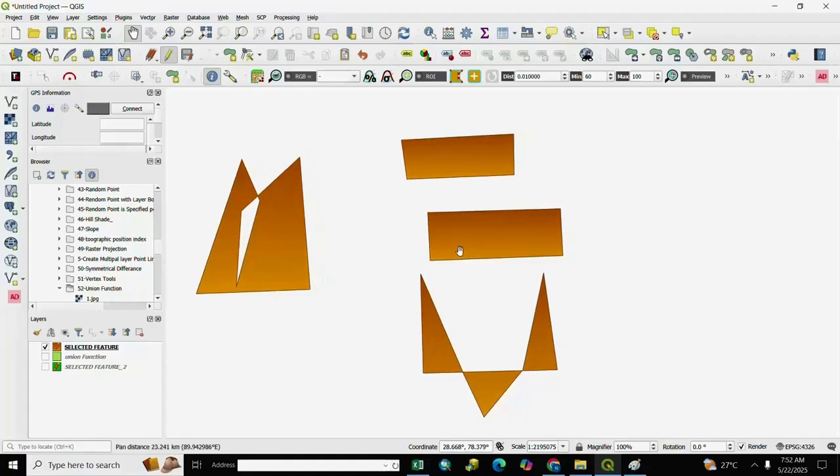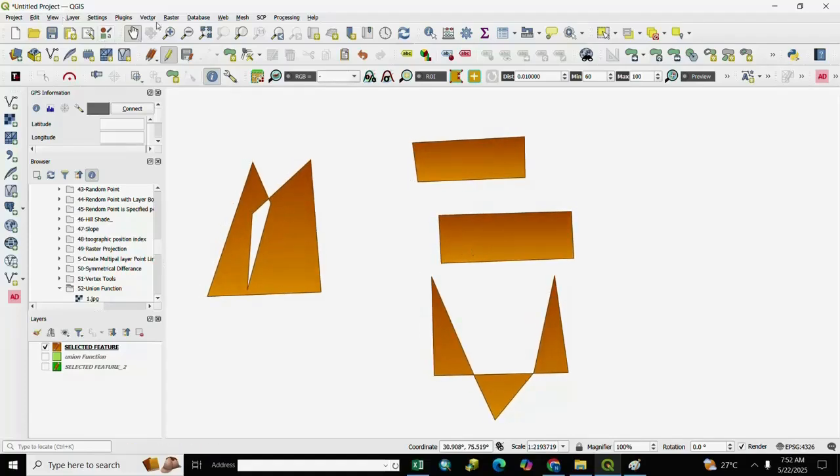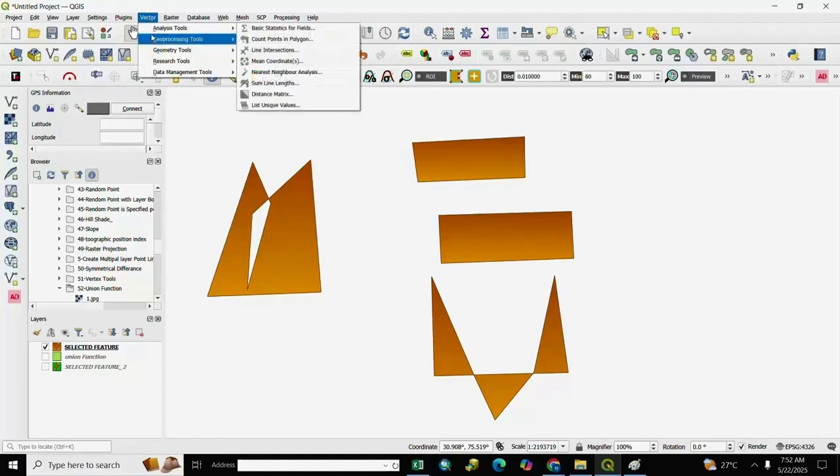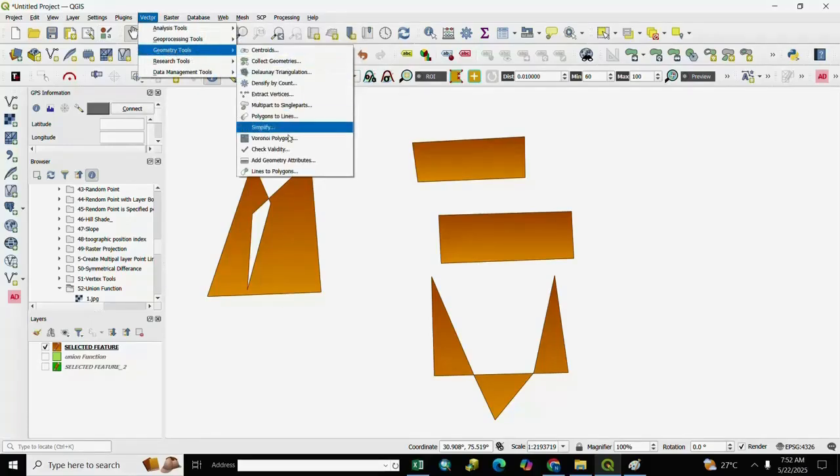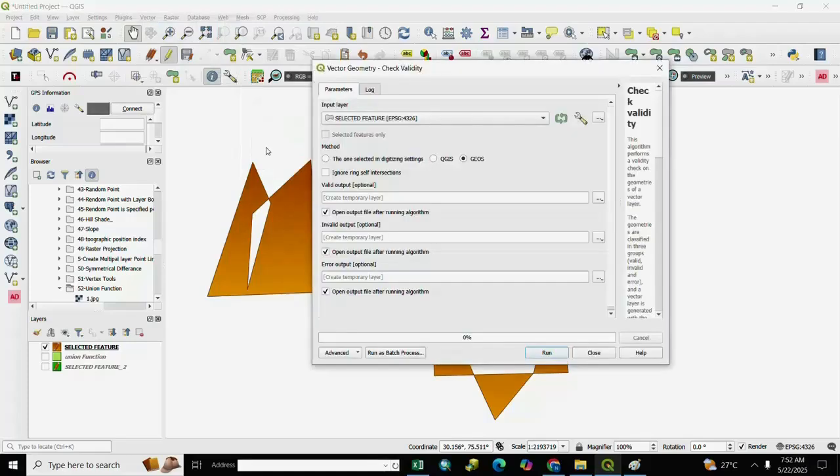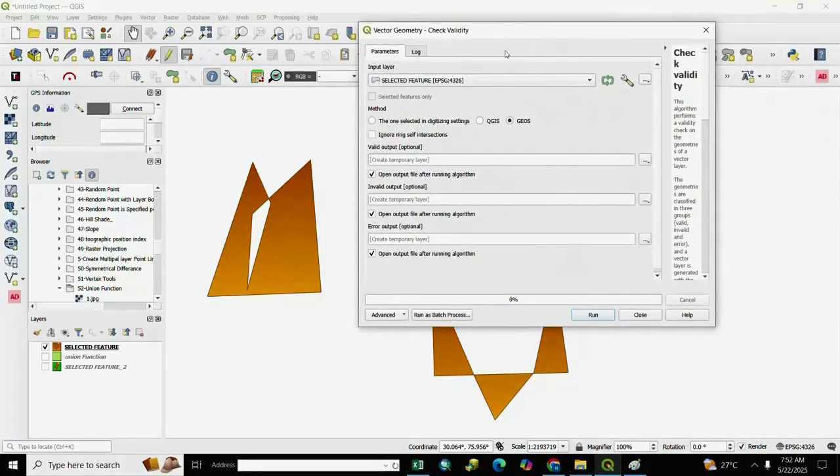For check validity, we go to Vector and Geometry Tool and we select Check Validity, and we select the selected feature here, because we already drew the polygon in the selected feature layer, and we pick the method the one selected in digitizing settings, and after it we go to output location.